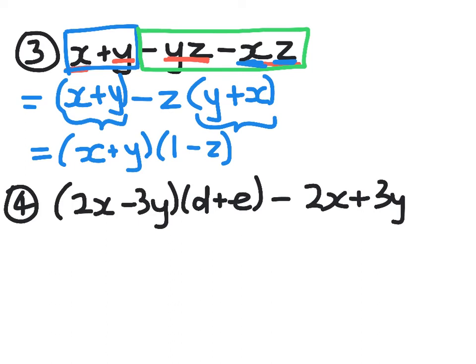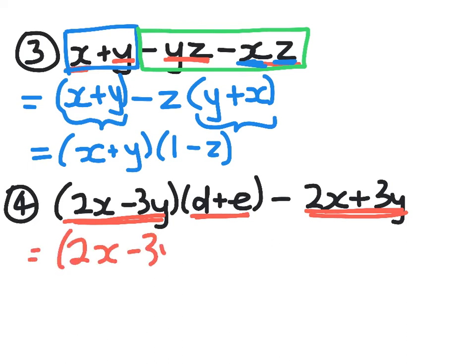Same idea goes here in number 4. So have a look at this before you follow it through. The first term has got a 2x minus 3y times d plus e. And this part has something that looks a lot like 2x minus 3y. We could rewrite that second one, so here's 2x minus 3y times d plus e